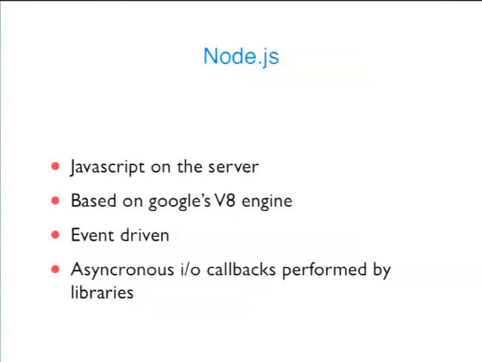And so the whole idea is that the asynchronous I/O callbacks are performed by C and C++ libraries. So the main event loop runs your code, and as soon as it hits something that's I/O, hopefully your I/O is going to be performed by a library, and that library hands off and runs in a separate thread pool so that your main application loop doesn't block. So a single process can handle tens of thousands of concurrent connections, and anytime any of those get to any of the blocking parts, which